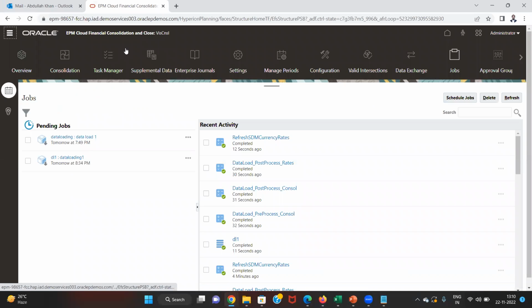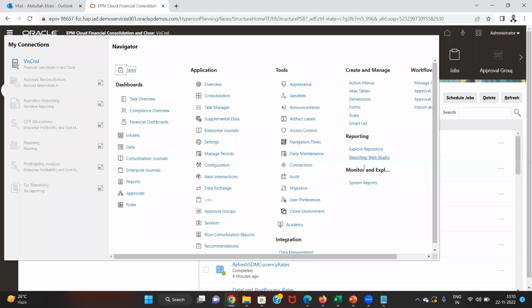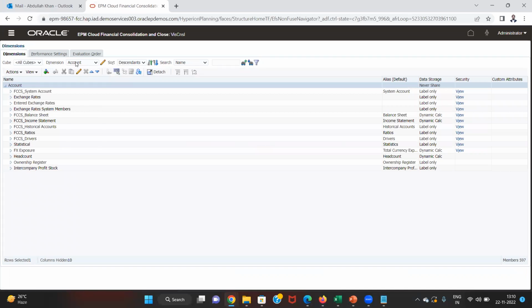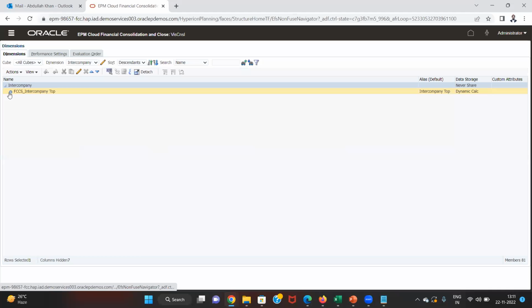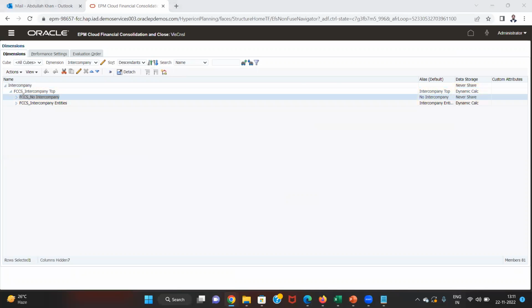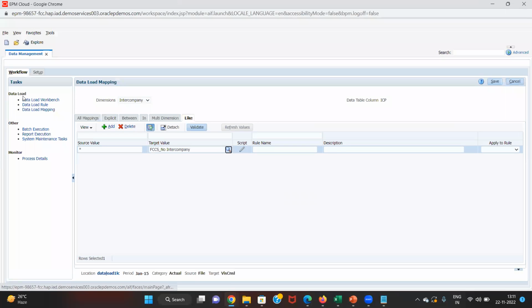So we'll copy the exact name for that member from our application. We'll go to intercompany and select no intercompany. FCCS underscore no intercompany. Just give any rule name which you want. Just click on save